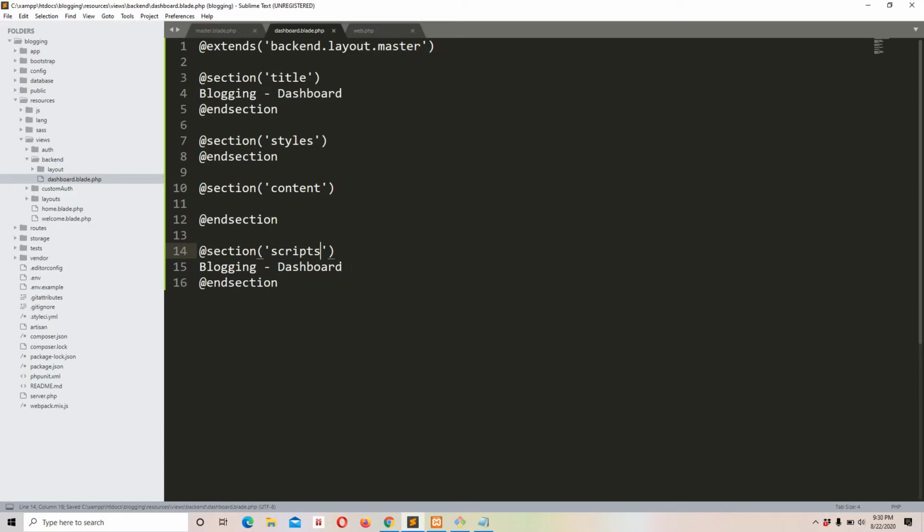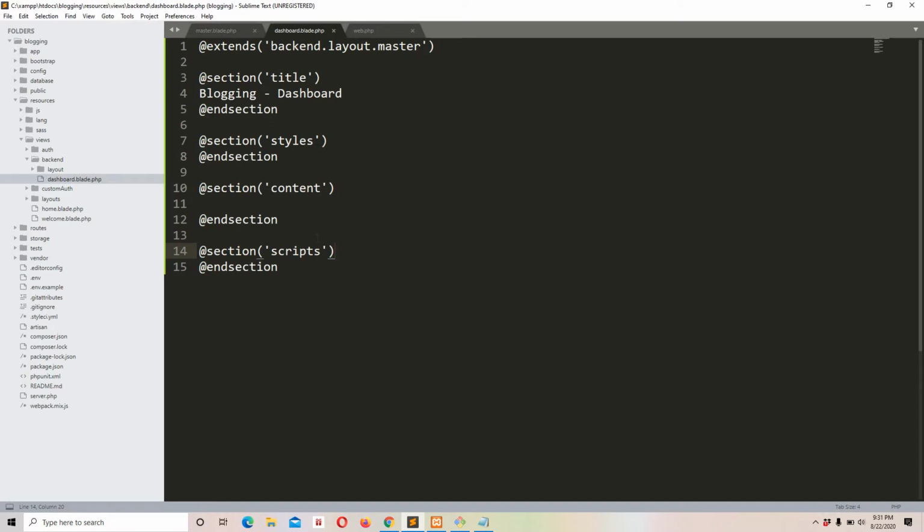Every page related specific JavaScript will be right here. You will see in this video why we create each and every section specifically, because in this case each and every page is going to have a specific CSS and JavaScript, most of the time JavaScript. Okay, so that's it.